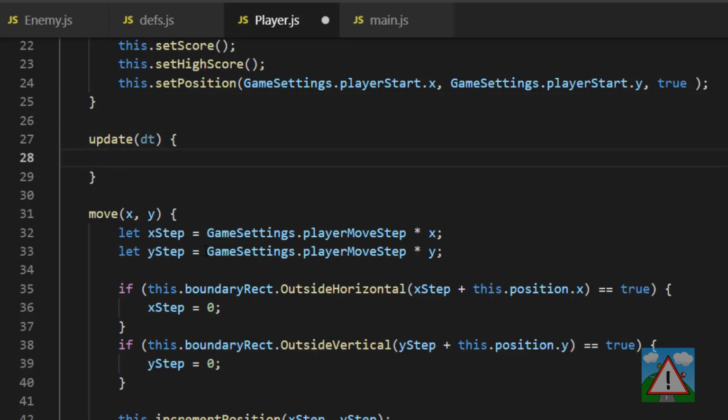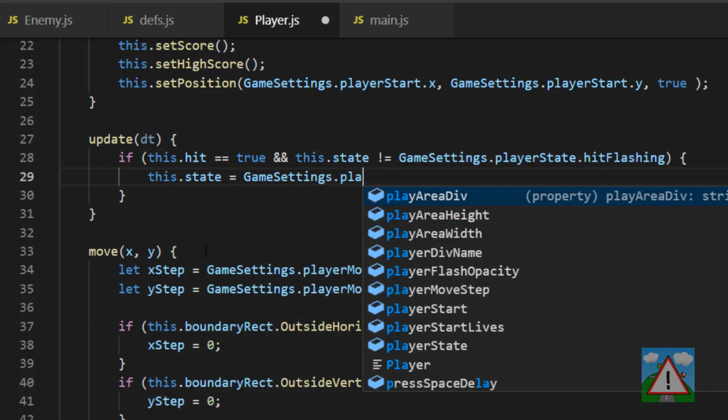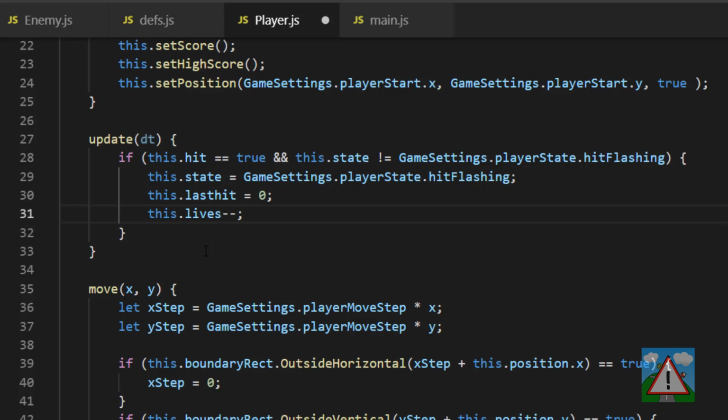So as with all other items on the game board, we're going to have an update with delta time. And now we'll add some logic. We'll say if we're not flashing as a current state and we've been hit, then that's our first hit on the player and we need to now set the CSS to make us opaque. So if we've been hit and our state isn't hit flashing, switch us to hit flashing state, which means